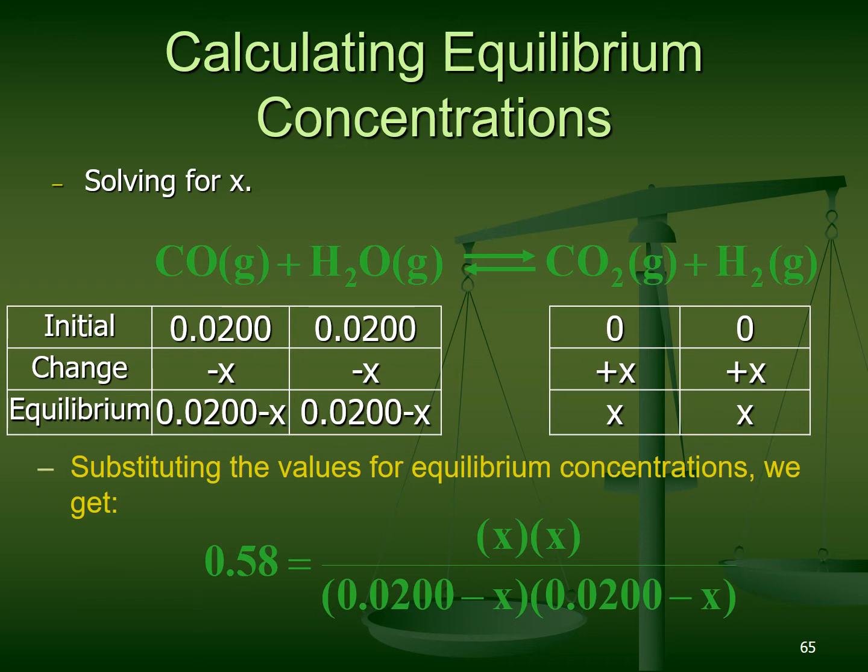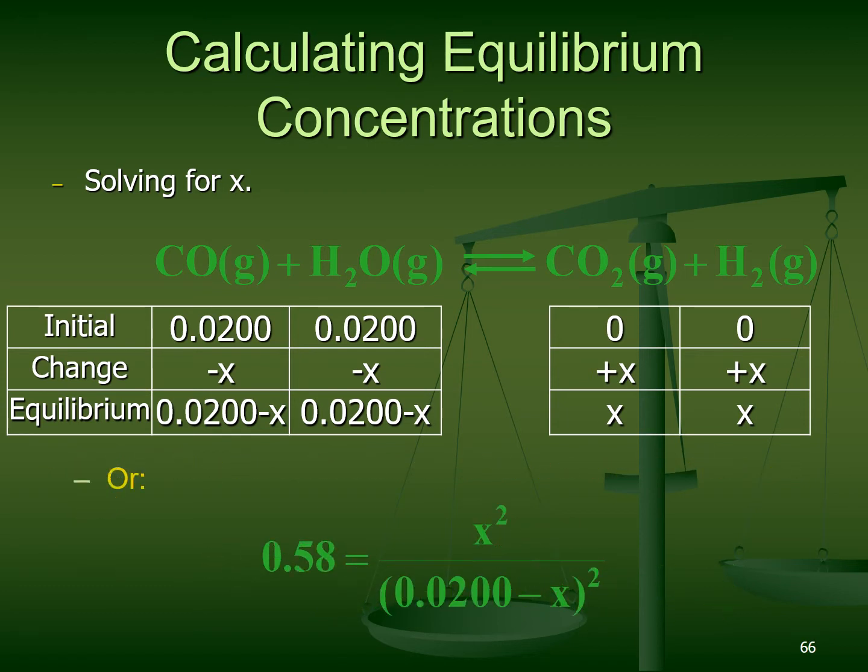We have an equation with one unknown. Rather than 4 different unknowns, we have one unknown x. So we can solve this equation. 0.58 equals x squared over 0.02 minus x, quantity squared. We can solve that quadratically, but we can also see that this is a perfect square on the right. So if we take the square root of both sides,